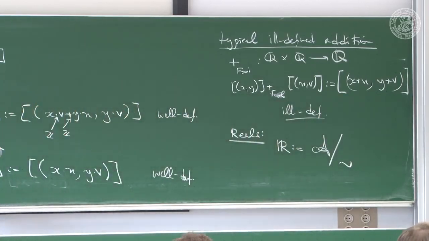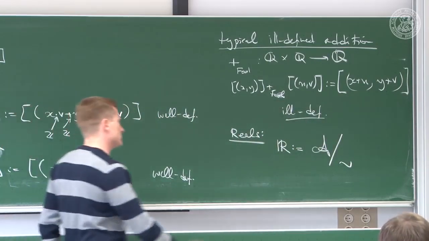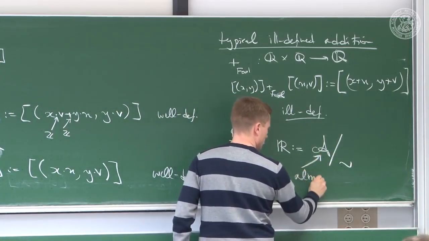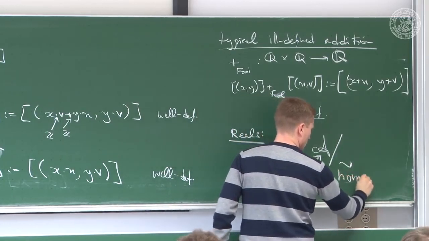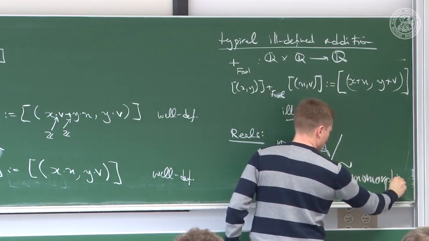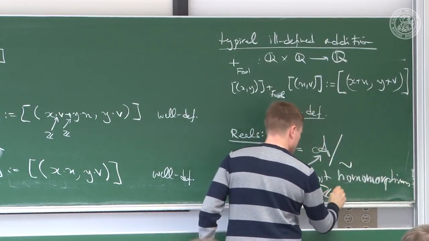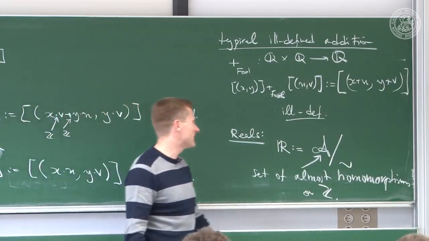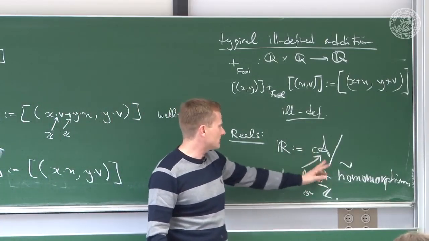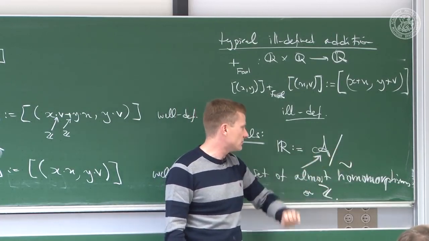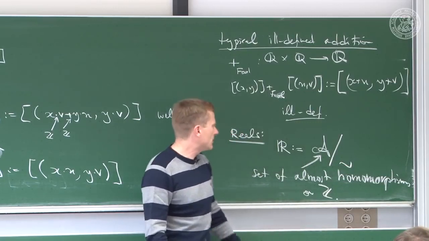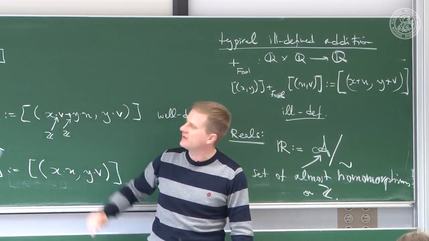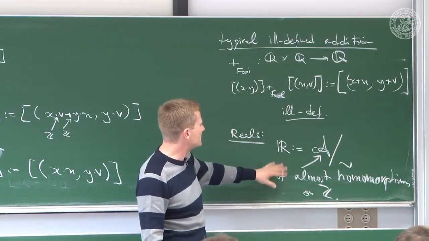The set A is the set of almost homomorphisms on Z, and what that is, I assume you will learn on problem sheet 2. One can actually show that if you define this set and a suitable equivalence relation, nice objects like the square root of 2, which of course you cannot find in Q, the rational numbers,